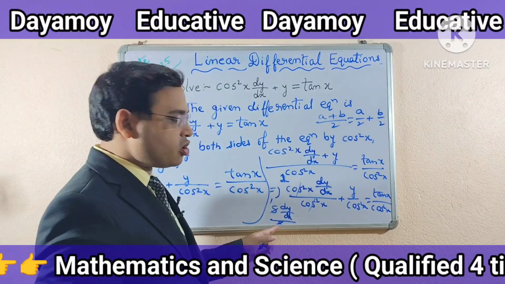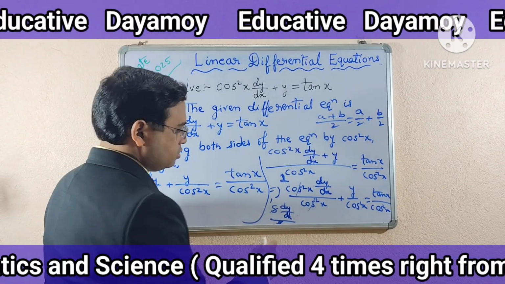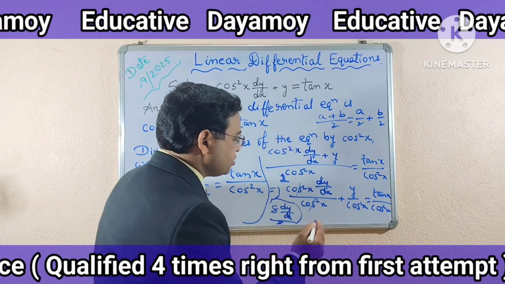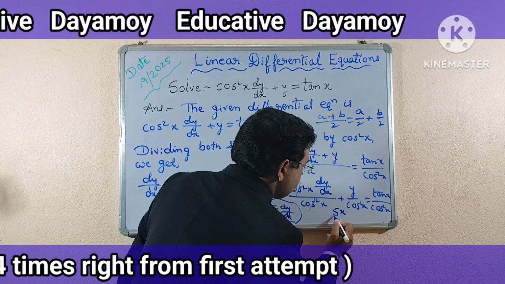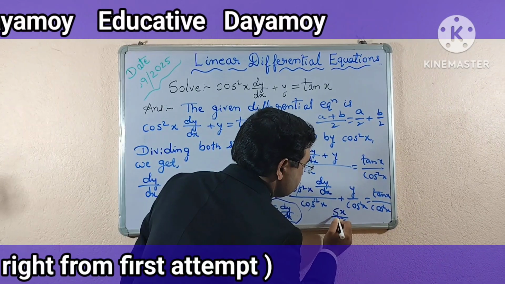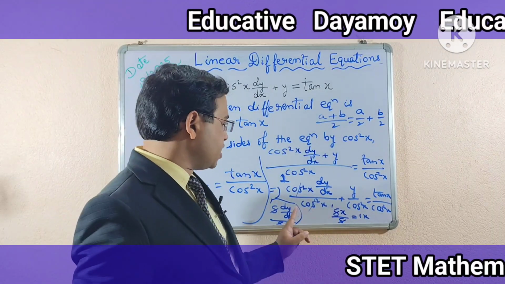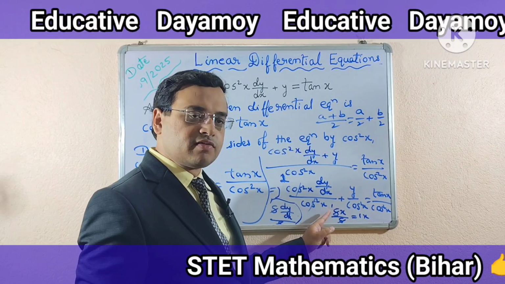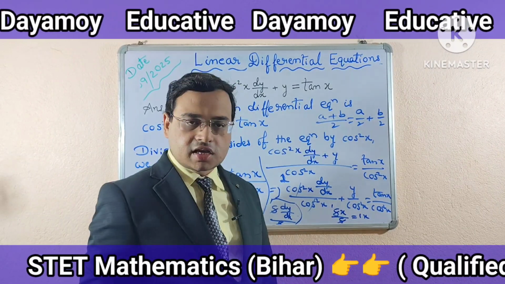Okay, here place is not there, so I am unable to write this 5 nicely. If you are unable to understand, then you can take another example. See, just take an example like this: 5x by 5. What becomes 5 1 5? You are getting 1x. Now, if you are unable to understand this, come here. 5x by 5. 5 gets cancelled. 5 1 5. This you have done in lower classes. Now 1x. 1x means x.